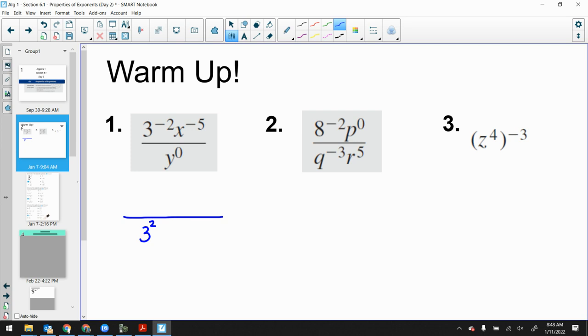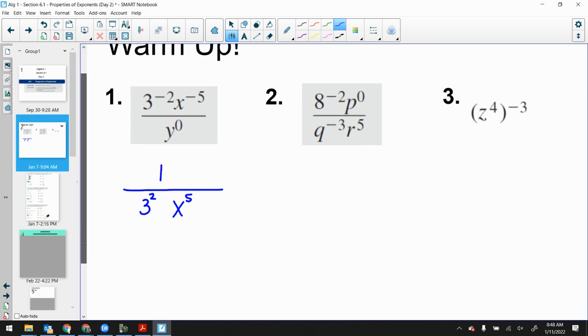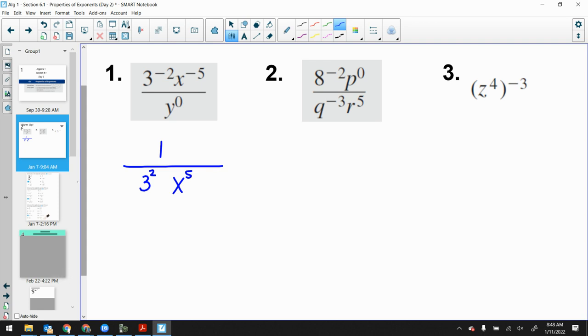X to the negative, is X happy? No. Move it down. X to the fifth, please. What happens with Y to the 0? Becomes a 1. Now, do I need to write times 1? No. I'm okay if it just goes away. Everything shifted down to the bottom. What do I put on top? 1. All right, so now this becomes, and now I'm not done yet because there's still a number that